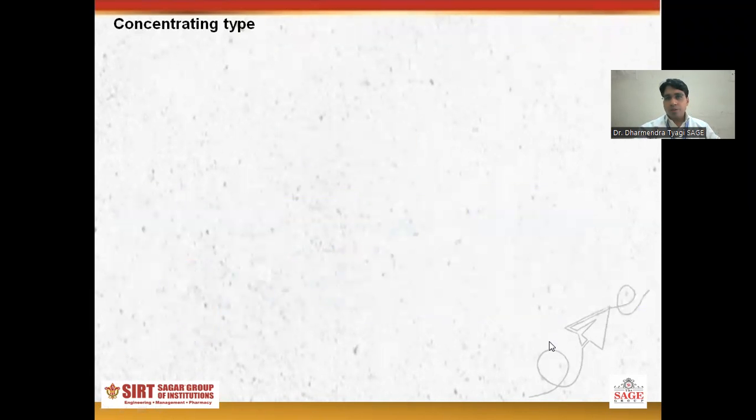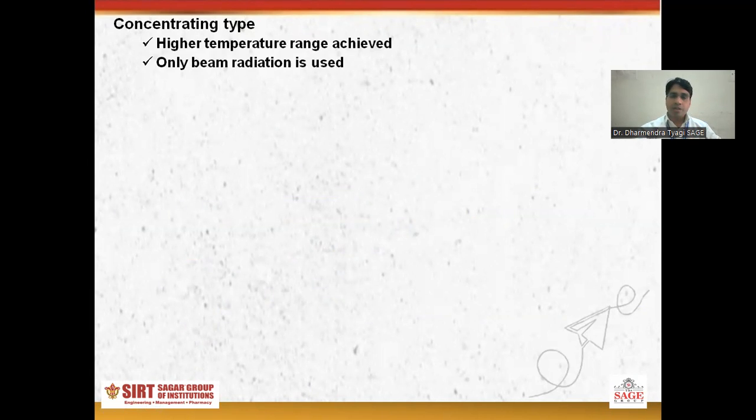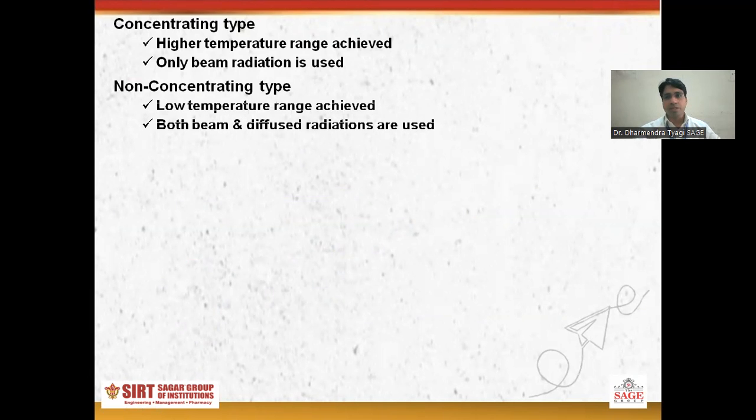Now we are going to discuss some basic differences between the concentrating type collector and the non-concentrating type collector. The first one is the concentrating type collector. In case of this, the high temperature range is achieved, and only the beam radiation is used. But in case of the non-concentrating type collector, low temperature range is achieved, and both types of radiation, beam and diffuse,